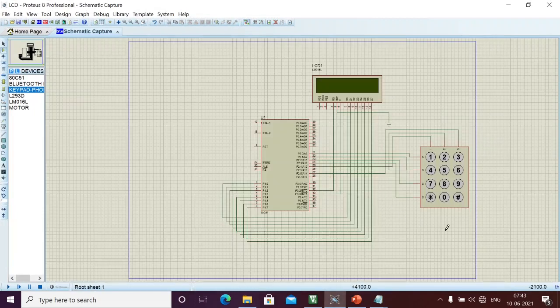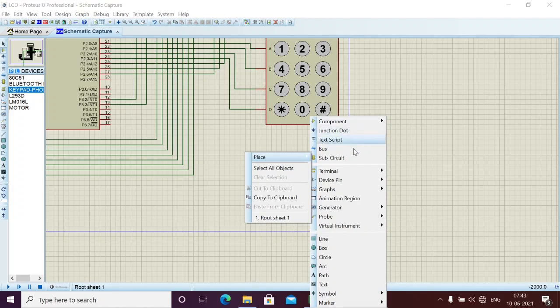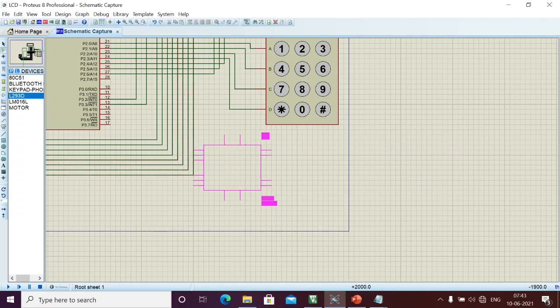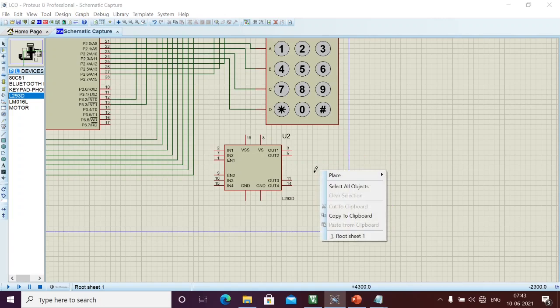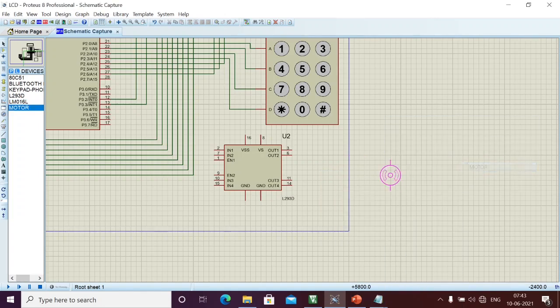Okay, 3.4 and 3.5. I am going to interface one L293D IC. Here we already have the L293D IC, so I can take it directly. And similar way we should take one motor also. If you want to treat it as our locker, we can just directly interface this one.